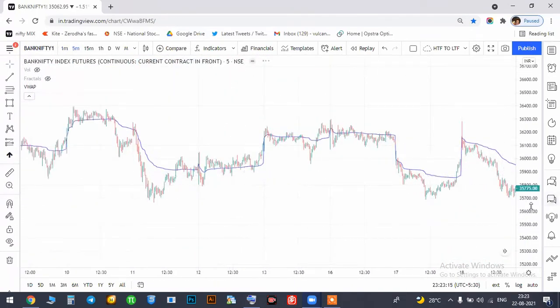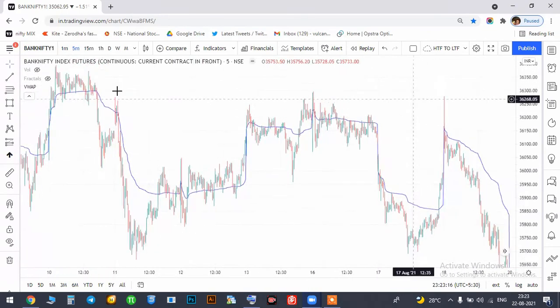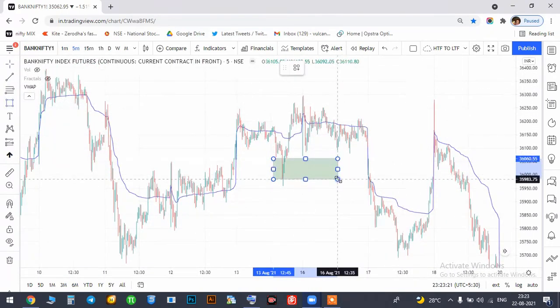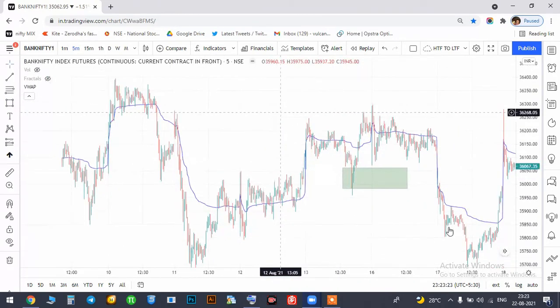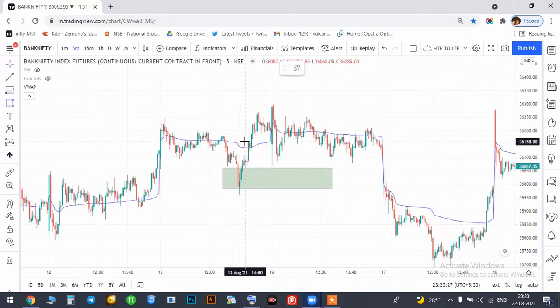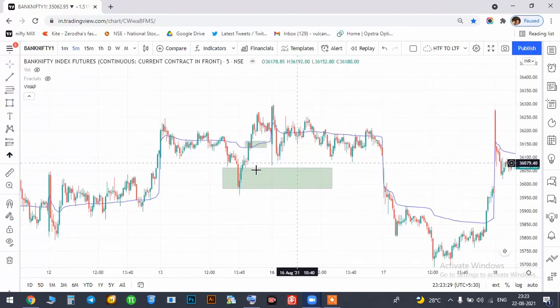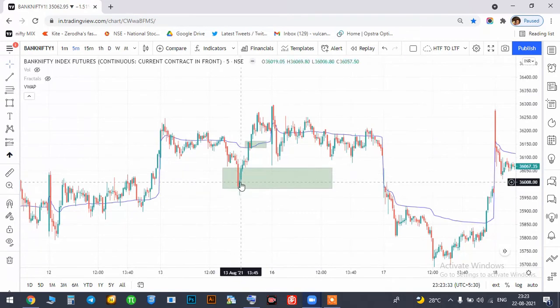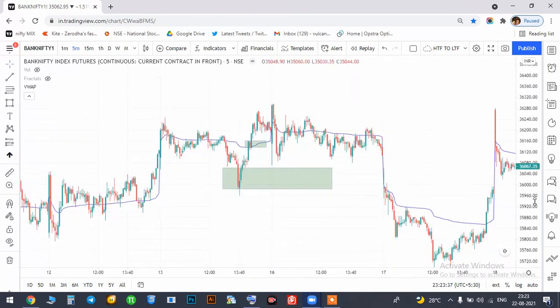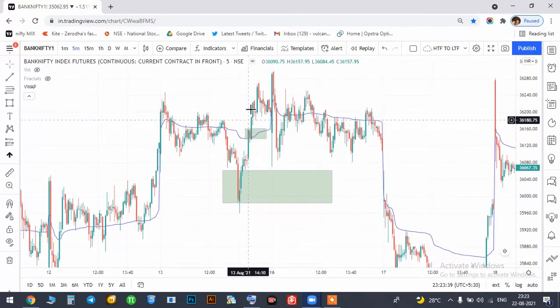What do they do? They buy below the VWAP. Can you see the price below here? Yes. So the market maker buys here, and where do you buy? You buy here, right? Yes. See the difference. So the real market makers buy the market below the VWAP, and retail traders buy the market above the VWAP. So they get this much profit.